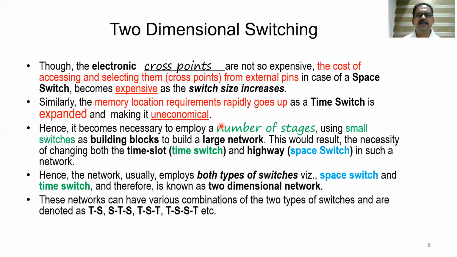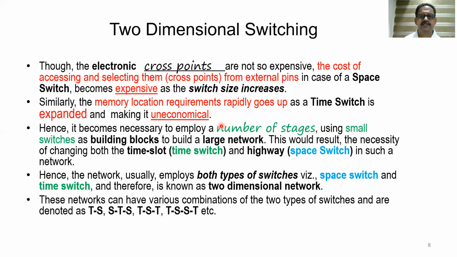So it is uneconomical as far as the requirement of memory locations is concerned. There, accessing the cross points in space switch is a constraint for expansion. Here, the number of memory locations is a constraint for